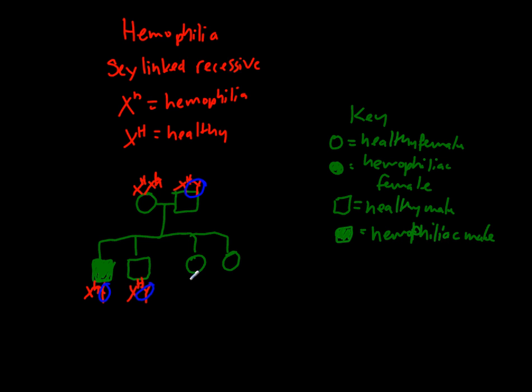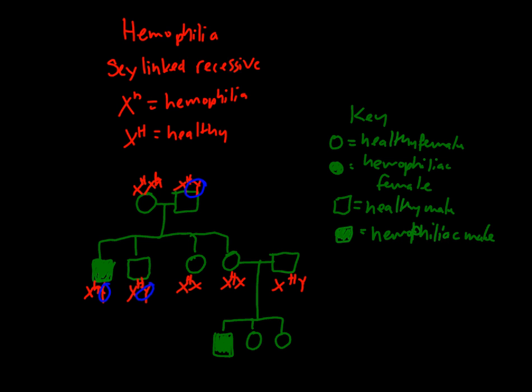And then for these 2 daughters, we know that they're both XX, right? And we know they have at least one big H allele because they're both healthy. All right, and then when we continue on with our pedigree, let's say this daughter right here marries somebody, right, and marries a healthy male, right? So he's a healthy male, so he's X big H, and then Y, and then they have a couple kids too. And let's say they have 3 kids. They have one son who has hemophilia, and then 2 daughters,